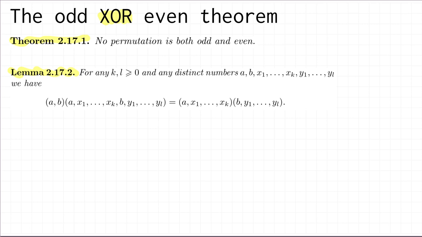We have some distinct numbers a and b, and then some numbers x1 up to xk and y1 up to yl. And we're trying to prove that the product of the two cycle (a b), which I'm going to call S, with this cycle here, (a x1 up to xk b y1 up to yl), which I'm going to call T, is equal to the product of the cycle (a x1 up to xk), which I'll call U, and (b y1 up to yl), which I'll call V. And to prove this, I need to show that for every integer x, S of T of x